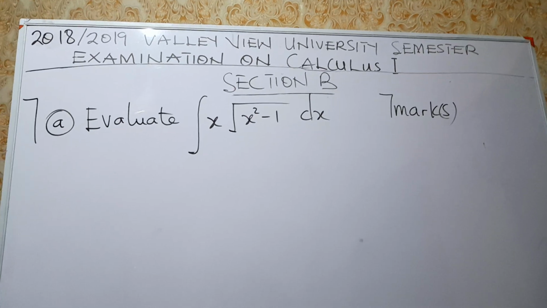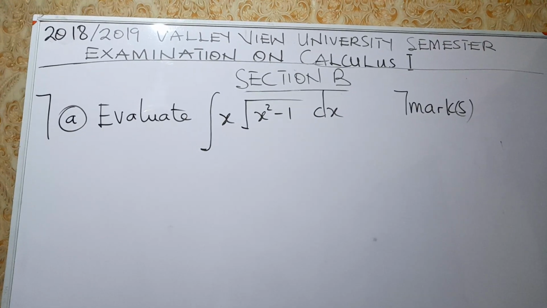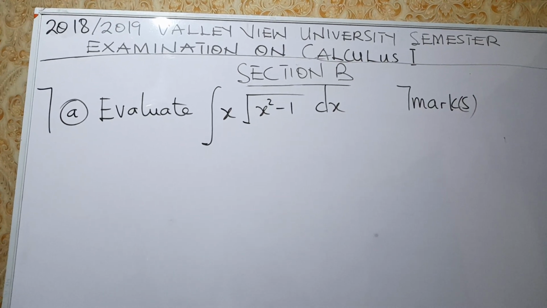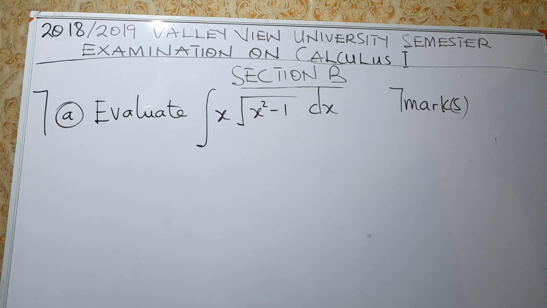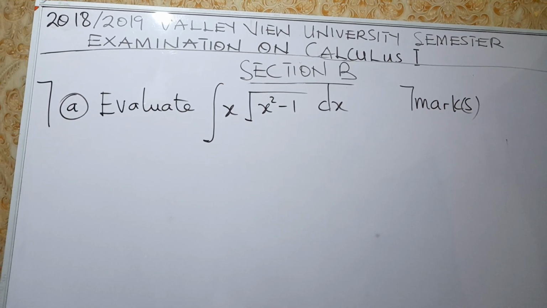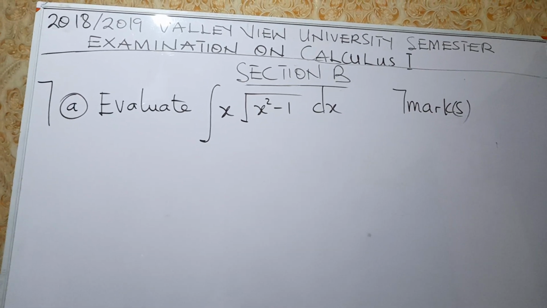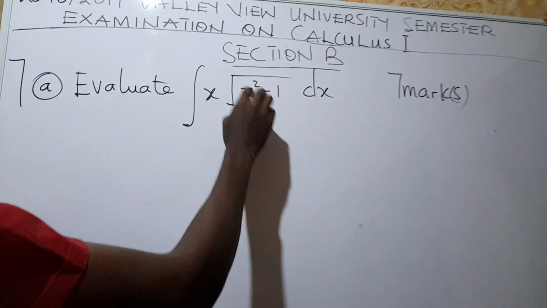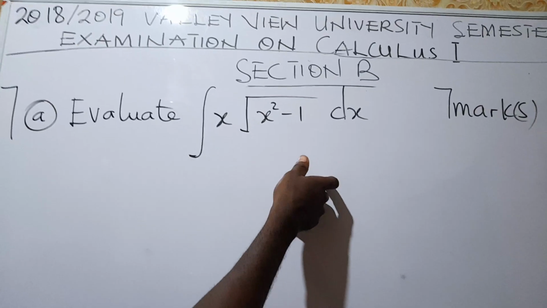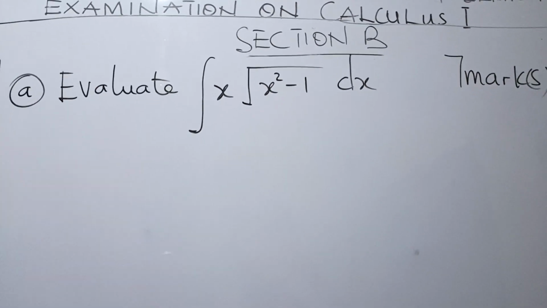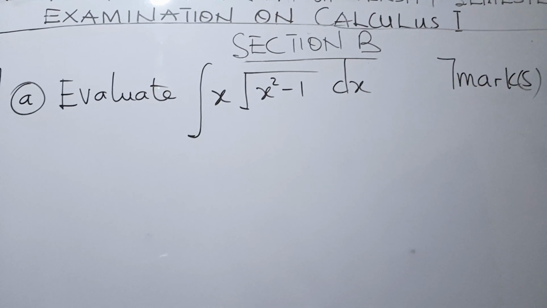So we'll solve our last aspect of Section B, which is question 7. And we start with the A. We say we should evaluate the integral of x times the square root of x squared minus 1 dx. And that was worth 7 marks. Now look at it. When we differentiate x squared, you get 2x. That's a linear expression as x is popping out. Then you can solve this using